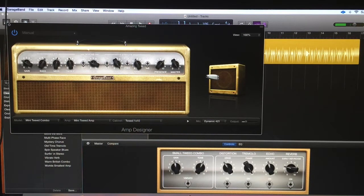Now as you'll notice, the dynamic of, like, if you're picking softly, it's nice and clean. But as you dig in a bit, it starts to break up a little. So let's add some vibrato. So we're going to come down here, turn that on. Now the amp's going to